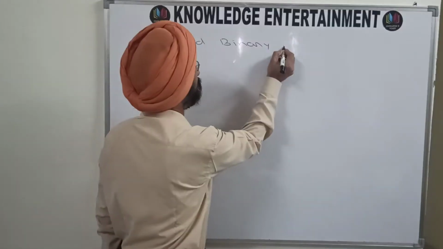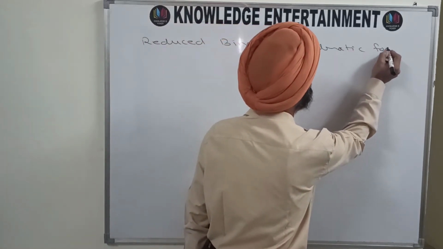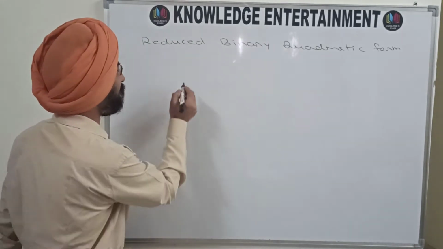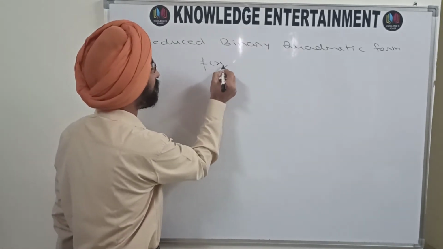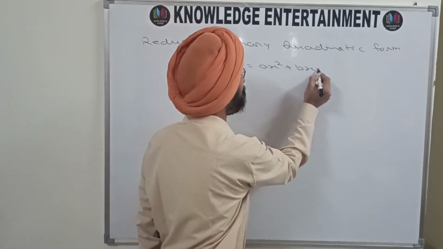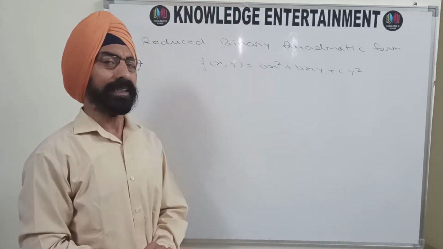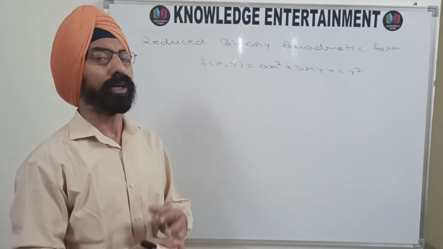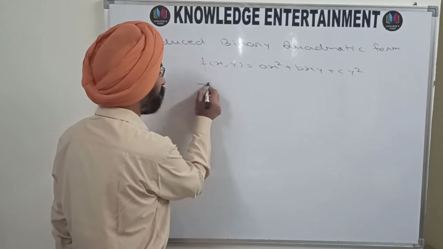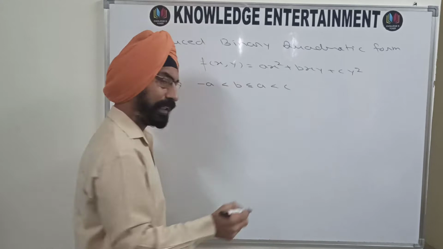binary quadratic form. So what is a reduced binary quadratic form? A binary quadratic form f(x,y) = ax² + bxy + cy² is said to be in its reduced form, or is said to be a reduced binary quadratic form if either -a < b ≤ a < c,